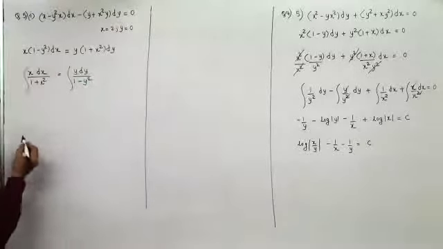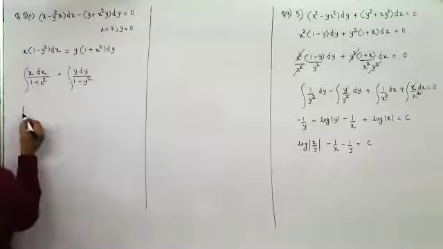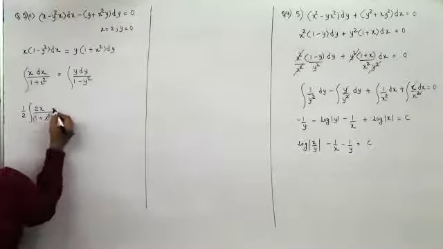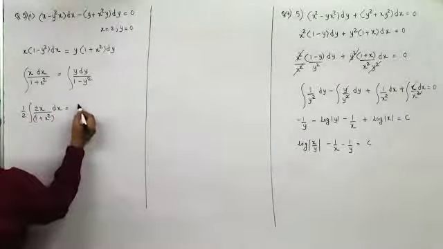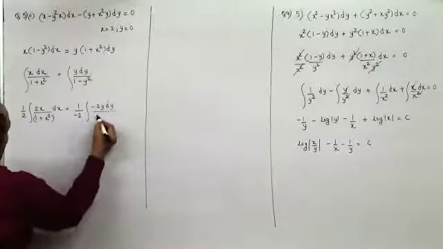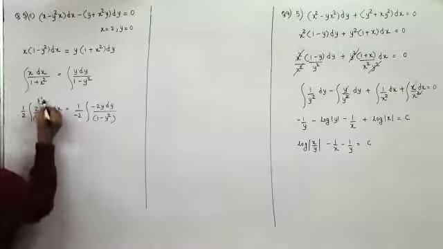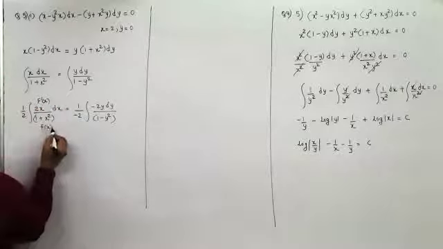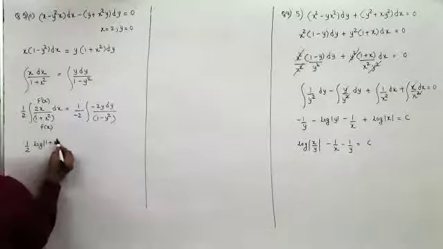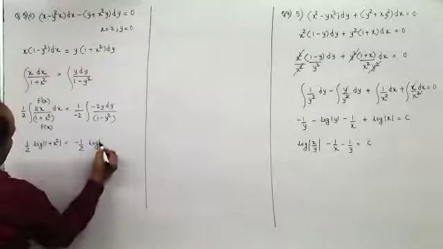Now integrate the two sides. This is linear, this is quadratic. So you have to divide and multiply by 2 here. You get 2x upon 1 plus x squared dx, and here you get 1 upon minus 2, this is minus 2y dy, and this would be 1 minus y squared. Now, when I differentiate it, this is f dash x, this is f of x. So numerator is the derivative of the denominator. So the answer is half log 1 plus x square. Here I'll get minus 1 by 2, and now this would be log 1 minus y square.